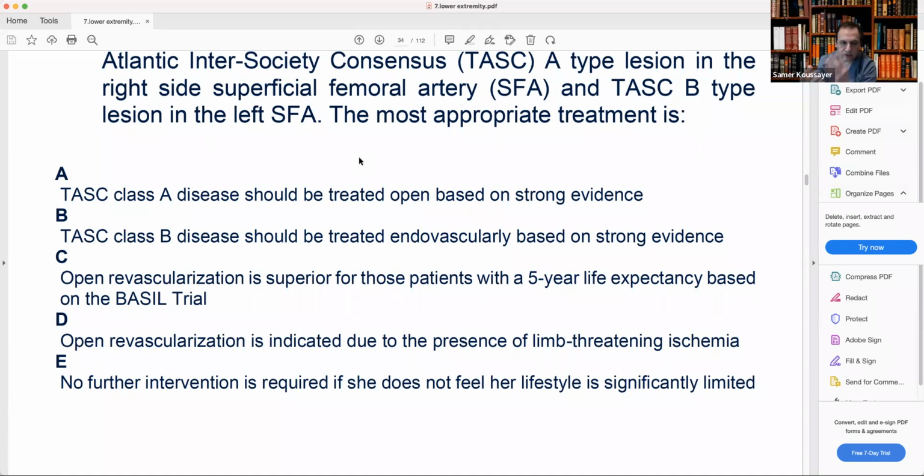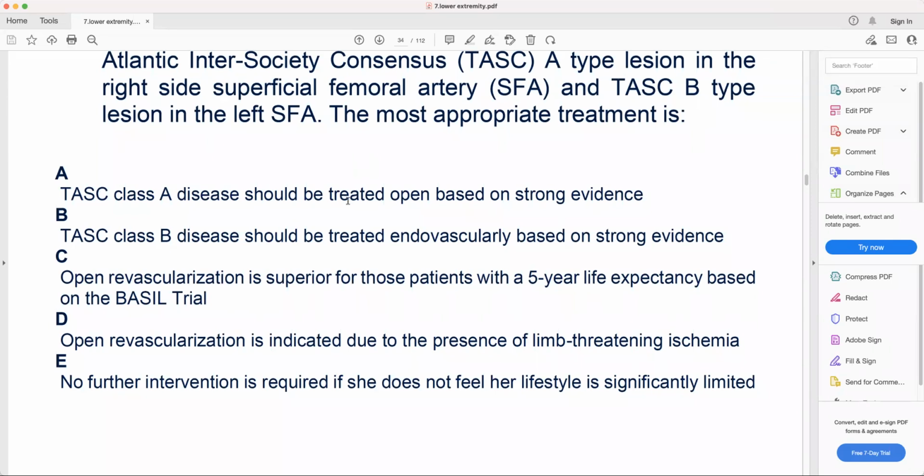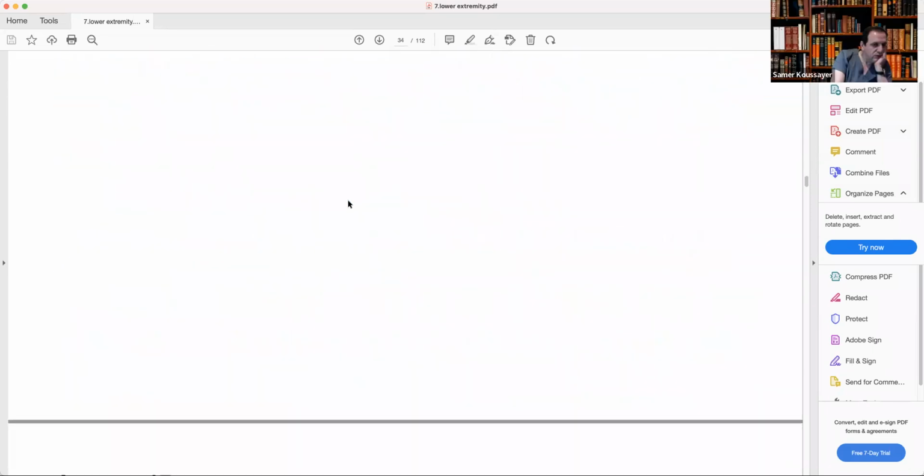You see, there's a way you have to look at this: where is the lesion and what is the long-term patency? So when you talk about claudication, you're looking for long-term patency. Most of it you're going to be working on at the aortoiliac level, but don't do anything for SFA, popliteal, or below the knee for claudication, because they don't stay open for a long time. They are useless. All right. Let's go to the next one. Go to Muhammad,